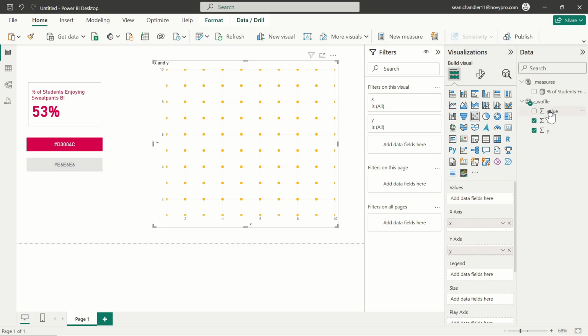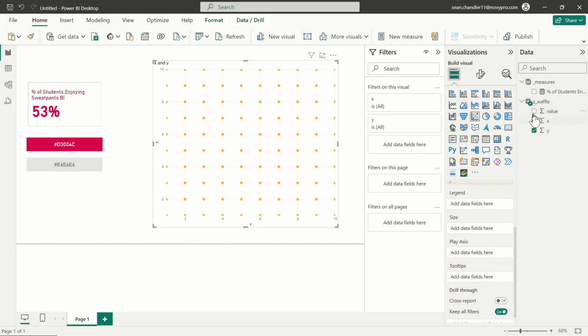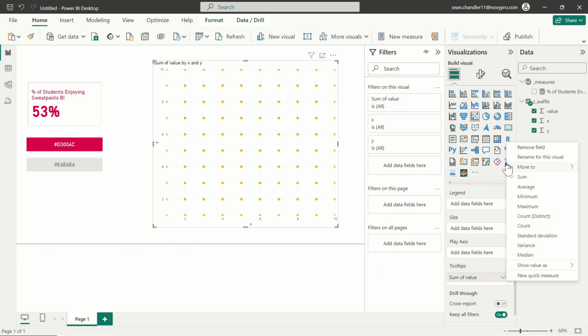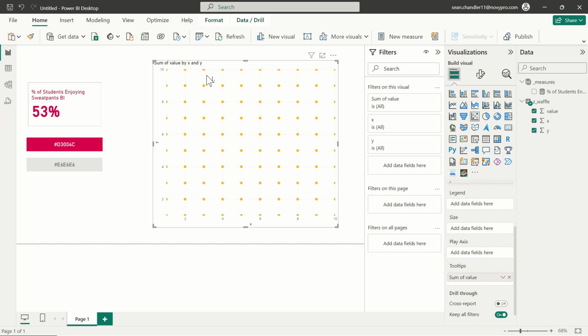So let's go ahead next and grab our value column up here. I'm going to scroll down to the tooltips section because I want you to see what is happening behind the scenes here. It says sum of value. That doesn't really matter. It doesn't matter that this is aggregating, because each of these dots only has one corresponding value for the value column. So if we hover on this first dot, you're going to see 1 for sum of value. If you hover on the next one, you'll see 2. If you go up, you'll see like 42,